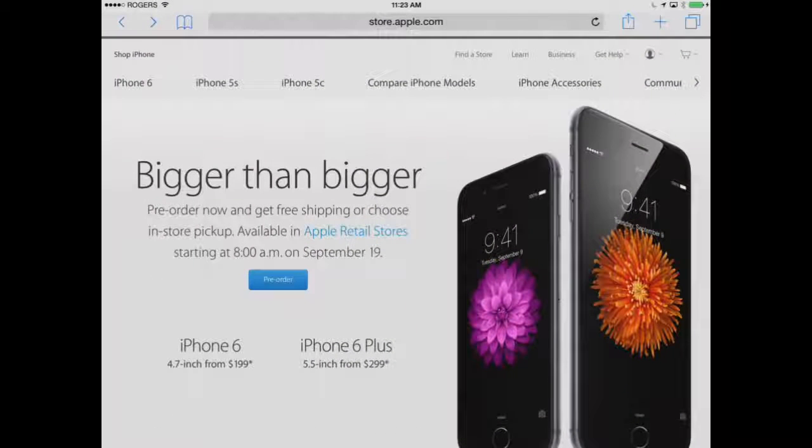OmniFocus 2 for iPad also takes advantage of the new sharing functionality that is supported in iOS 8. Let's say I'm looking at the page with the pre-order link for the new iPhone 6, and I'm not quite ready to order yet. Without leaving Safari, I can create an action in OmniFocus that references this web page and contains any text that I have selected. I'll start by selecting some text that I want to include in the note field, and then I'll tap the